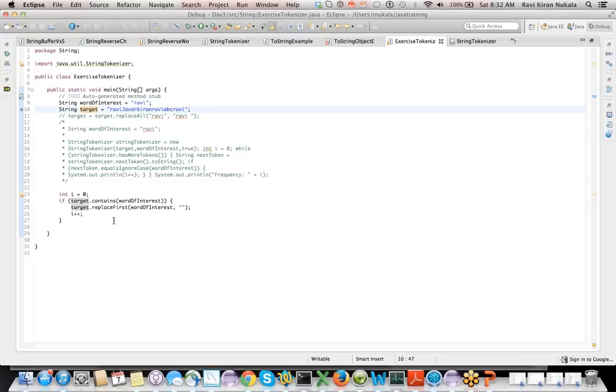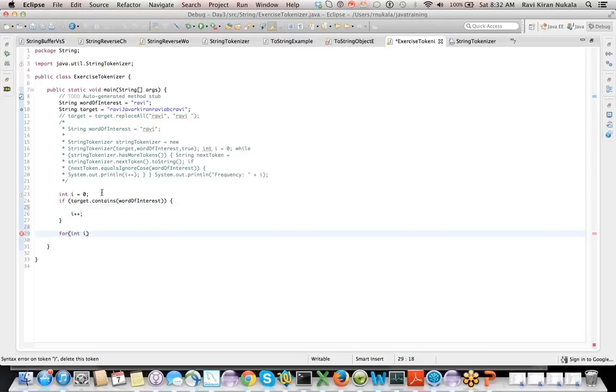But this can be done in multiple ways. Either you replace it like this with contains and replace, or bump up your count within a loop.